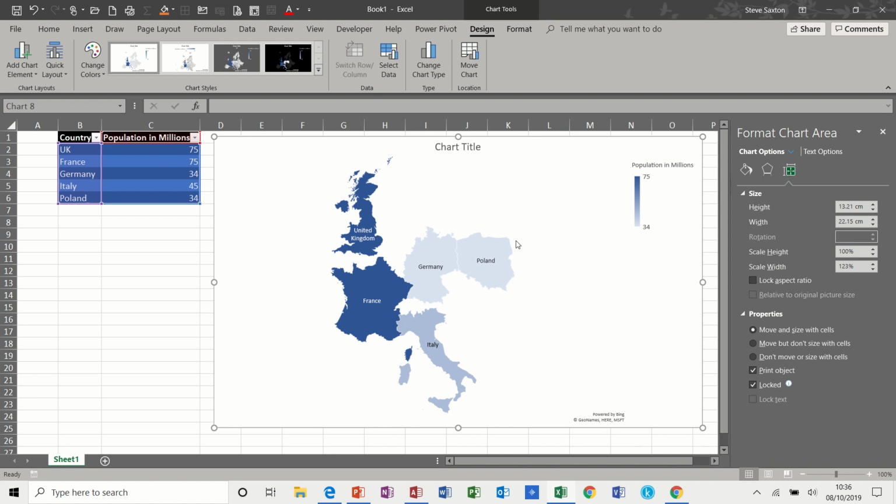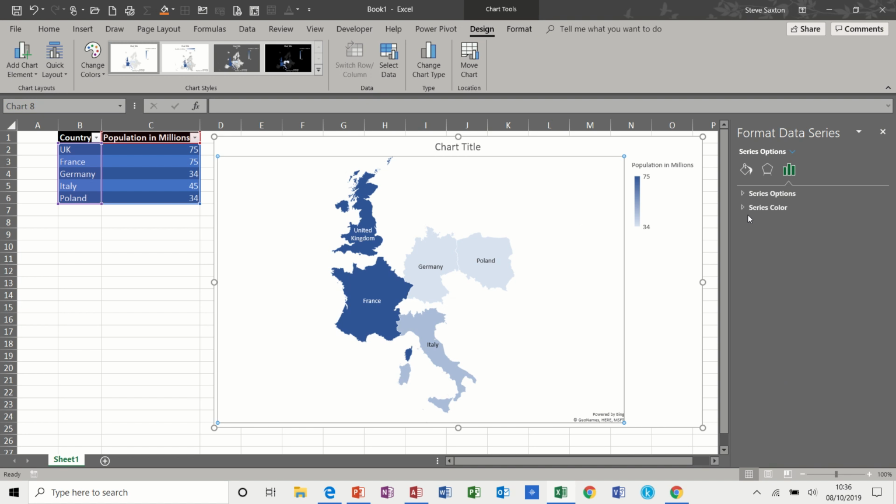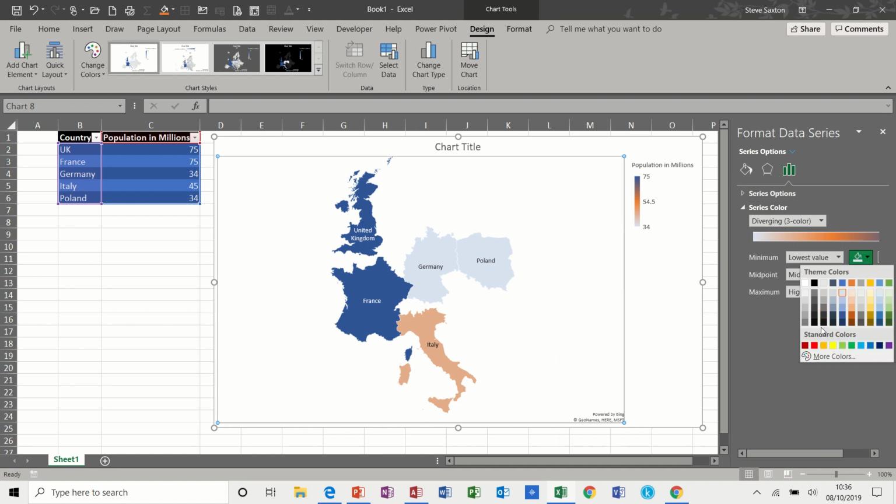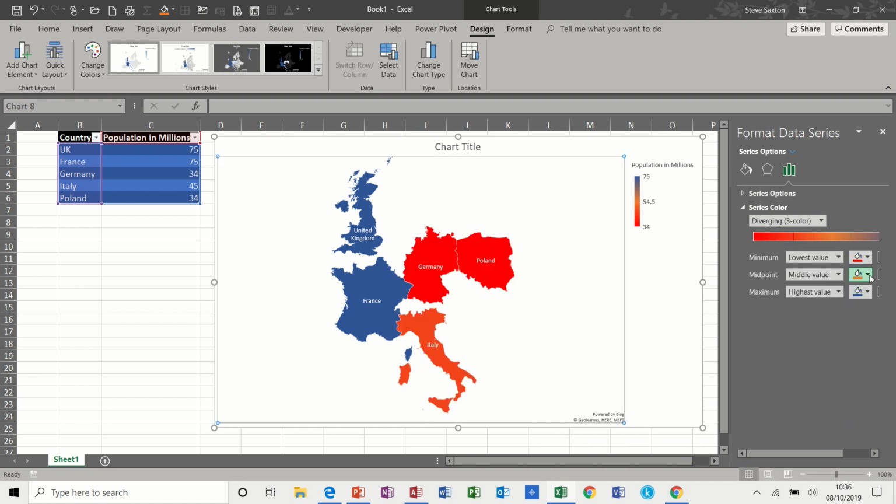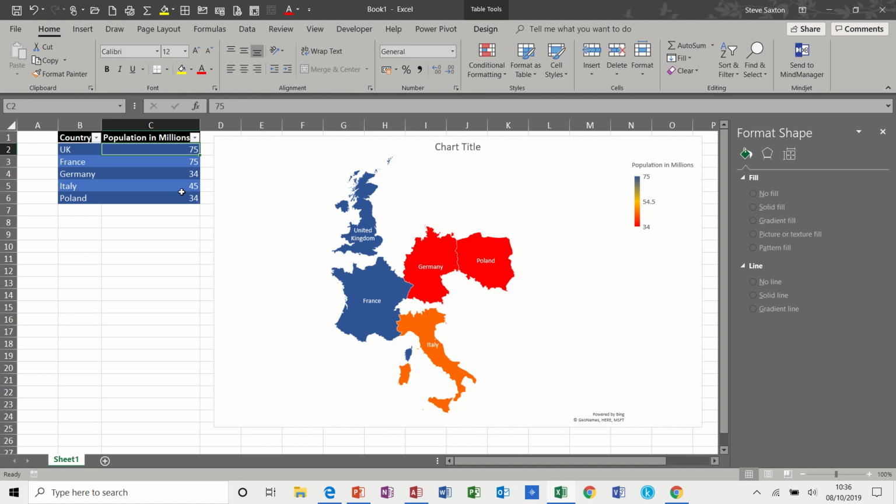Now back to the plot area. On the series colours you have 3 colour scale you can select, and then you can change the different options there. So if I go for red and amber and leave that one on blue, the colours then represent the data. So if I put the UK to 60 million, that colour will change to reflect this scale, and if I put Germany to 87,